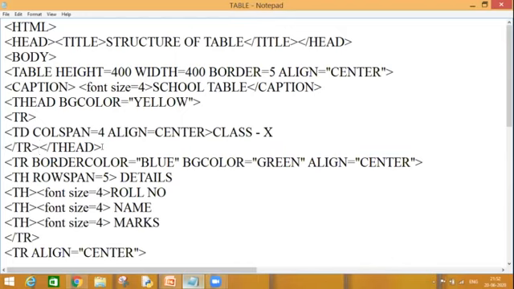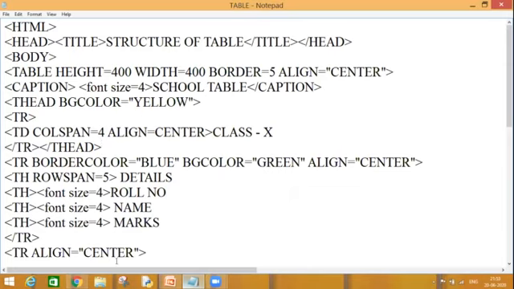TR tag. If I do not close it, then it will spread till the end, and all the rows in the table will come under the category of table header. But I don't want to do this. I want to take only the first row of the table under the table header category. So that's why it is important to close it at the proper place.